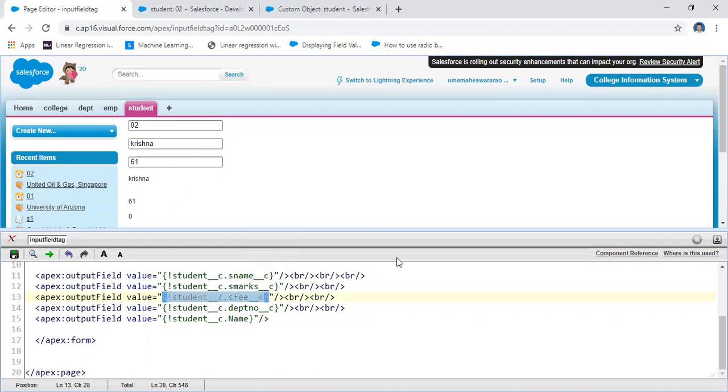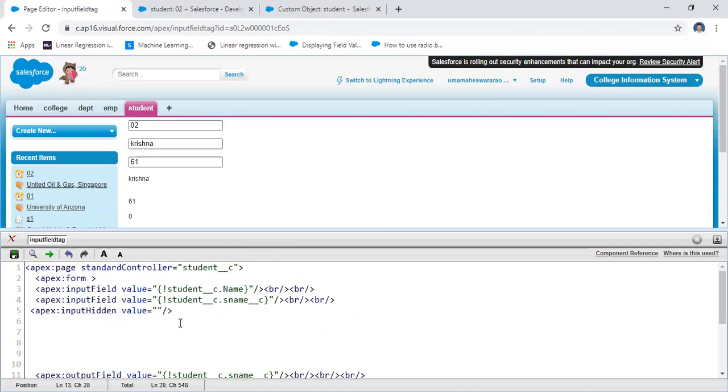That means the record is there. I cannot show the fee field for everyone. I cannot show the fee value, the fee of the student, to everyone. That's why we hide it. The field is there, but the value is going to be hidden. In this way, you will hide the value. It's not showing the fee, not showing anything. That means input hidden. In this way, you will apply it to the different input and output fields. Like this, you will apply.